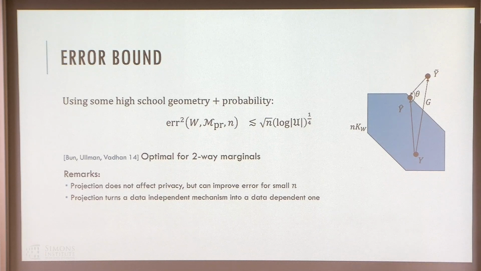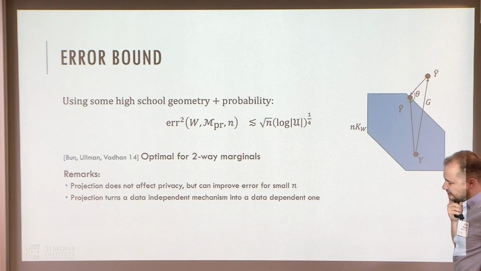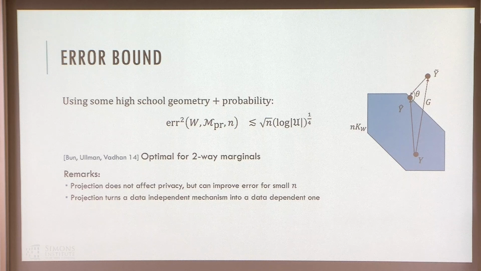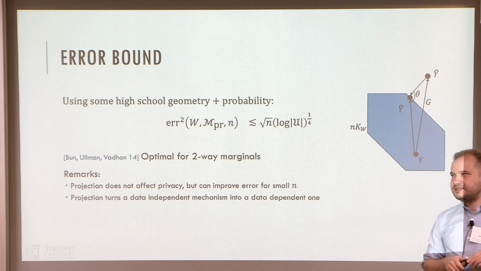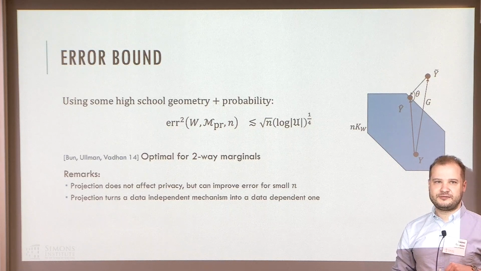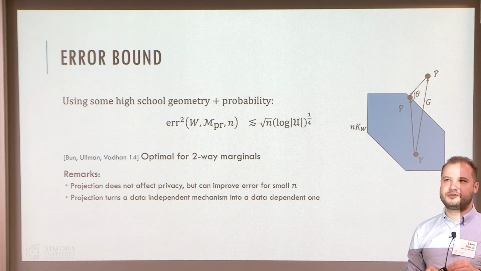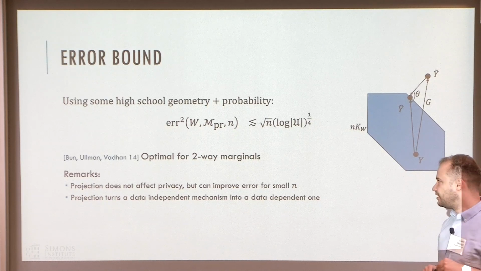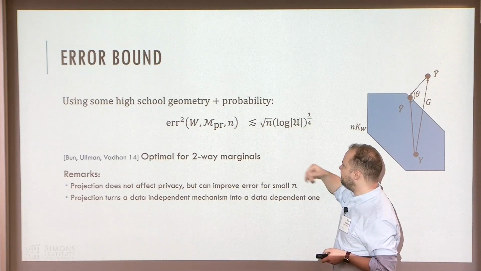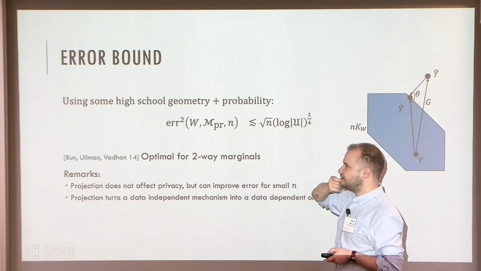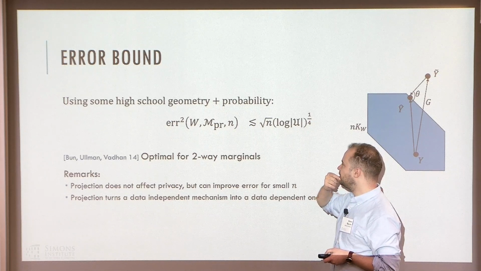Yes? Sorry, Sasho, I don't remember what the relationship between n and d was when you talked earlier about small n. So what do you mean by small n? Definitely the data-independent methods, like just add noise with some distribution, they seem to be close to optimal when you have much more data than the number of queries. Sure. Let's say number of queries over epsilon. Right. Here, this actually kicks in and starts to be better, maybe even earlier than that, but